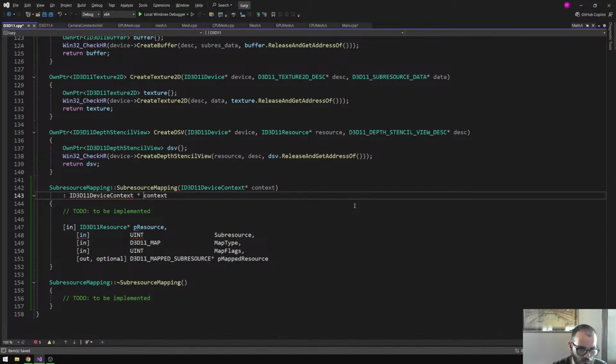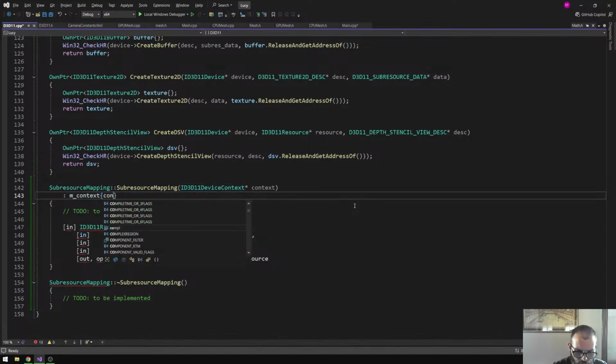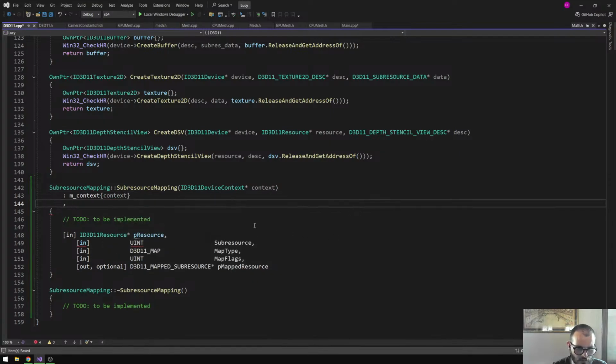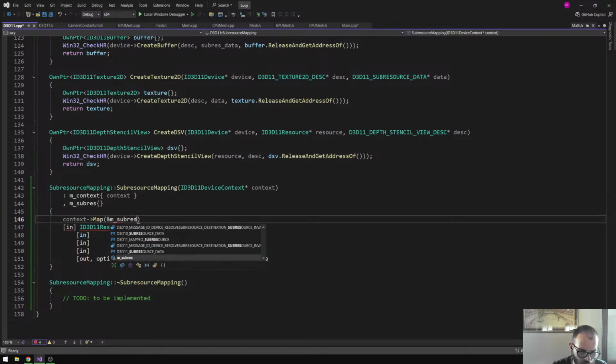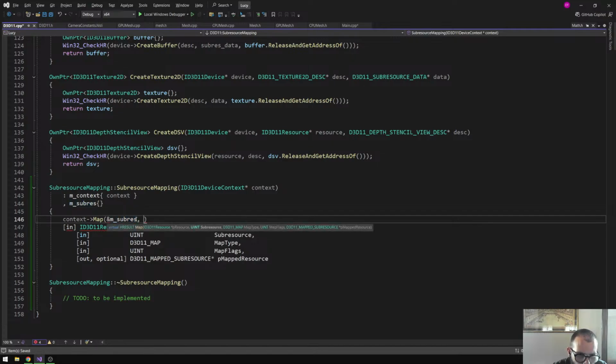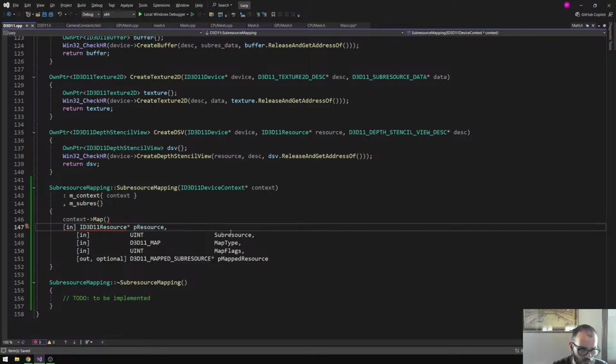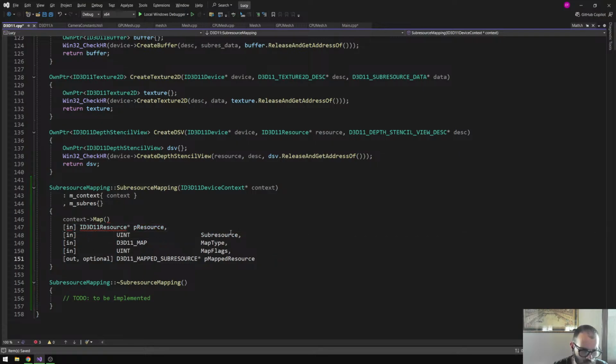So context is the context, and sub-res, then we simply say context map and res for that. So now we just copy